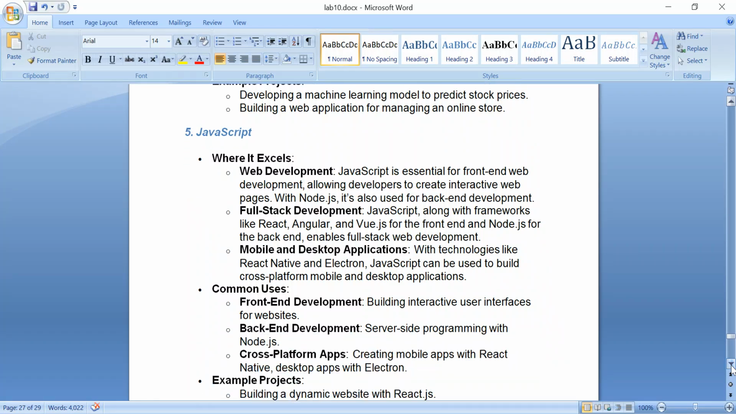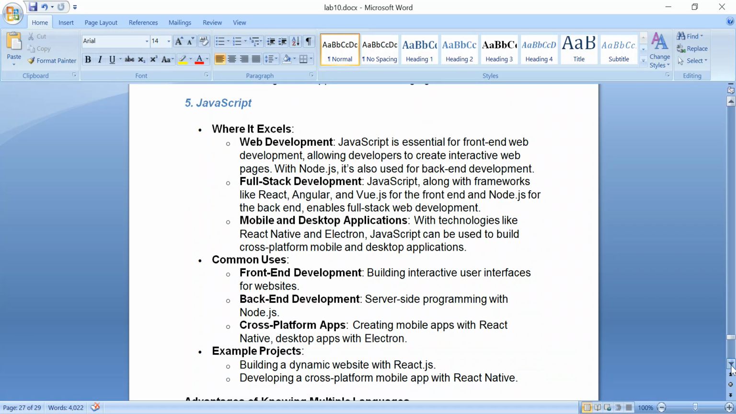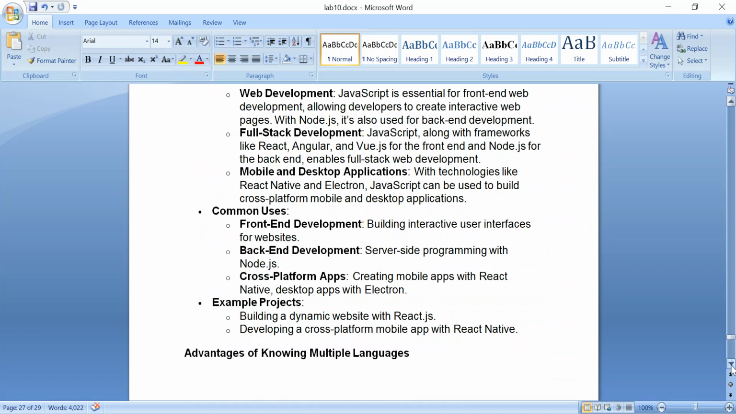So if a website needs both front end and back end development, and the website can also run on different platforms like desktop applications or mobile applications, we use JavaScript. So building a dynamic website with React.js, developing cross platform, there are some websites that work on your web browser and your mobile application the same. So do you think that they have created a separate website? No. Do you think that Facebook created a separate one for web browsers and mobile applications? No, they just create